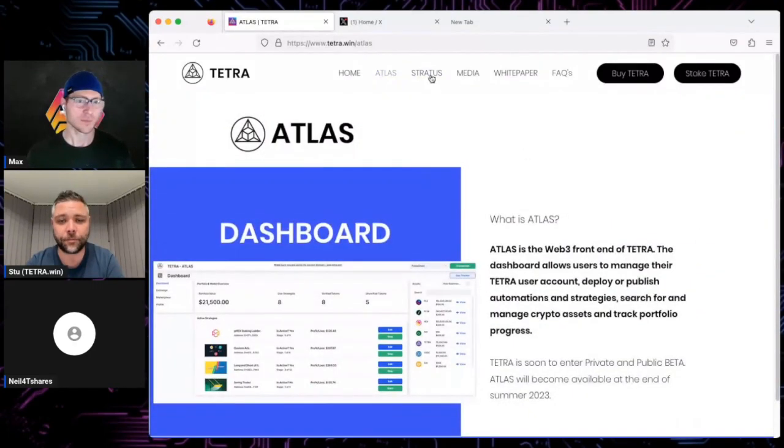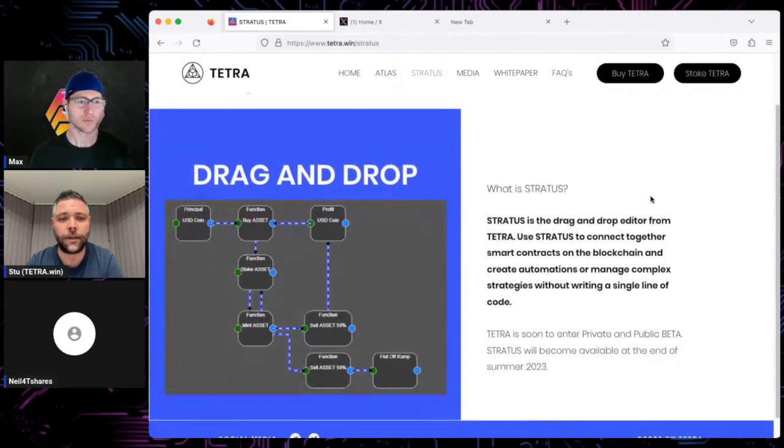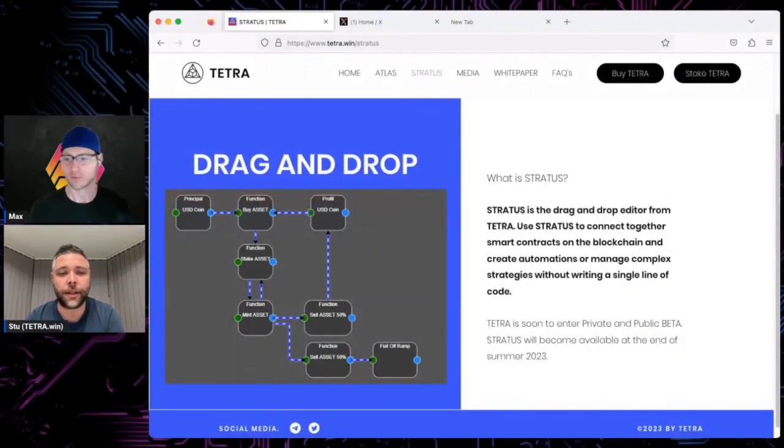Stratus, so yeah, it loads up. There you go. So this is effectively what the front end looks like. You drag and drop different blocks in, and you connect them up through these connectors, which effectively creates a JSON file, in fact,